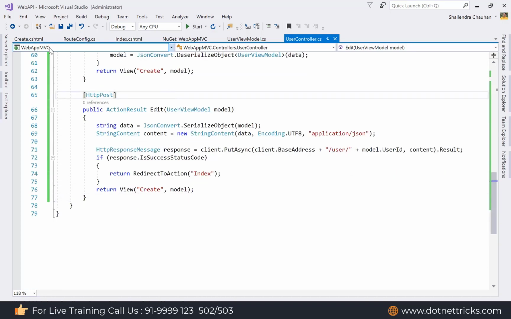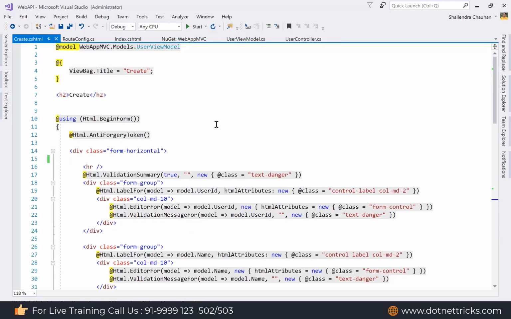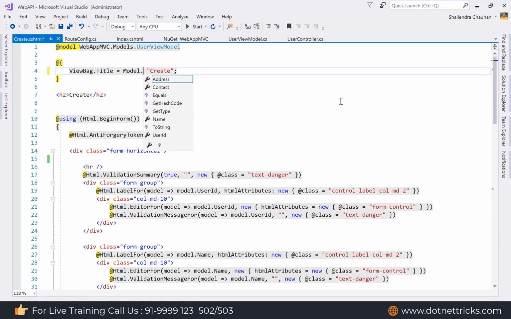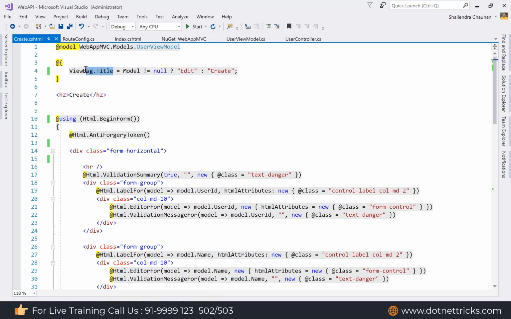So what we have to do for the create page is some necessary changes, like the heading we have to change. For the heading just write a ternary condition. I'm using if model not equal to null, it means it is an edit page, else it is for creation. So in place of putting create as a hard-coded value, I'm using the title.